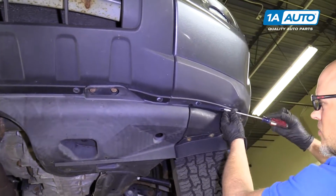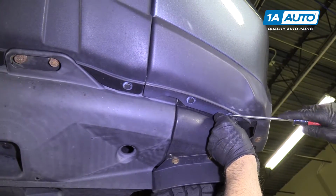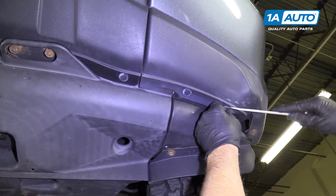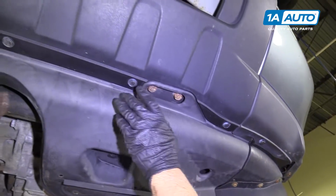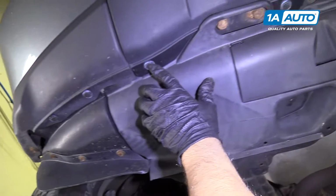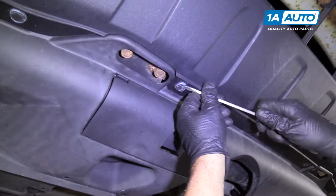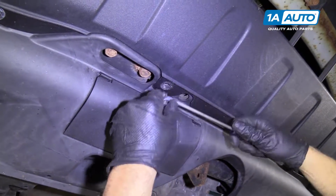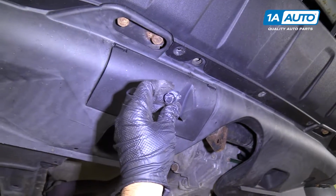Next, we're going to use our screwdriver and pull these push pins out. Release the centerpiece and then pull down. We have one here, one here, one here, one there, one there, one there, one there, and one there. If you break one when you're pulling these out, because they are pretty fragile, we do sell kits at